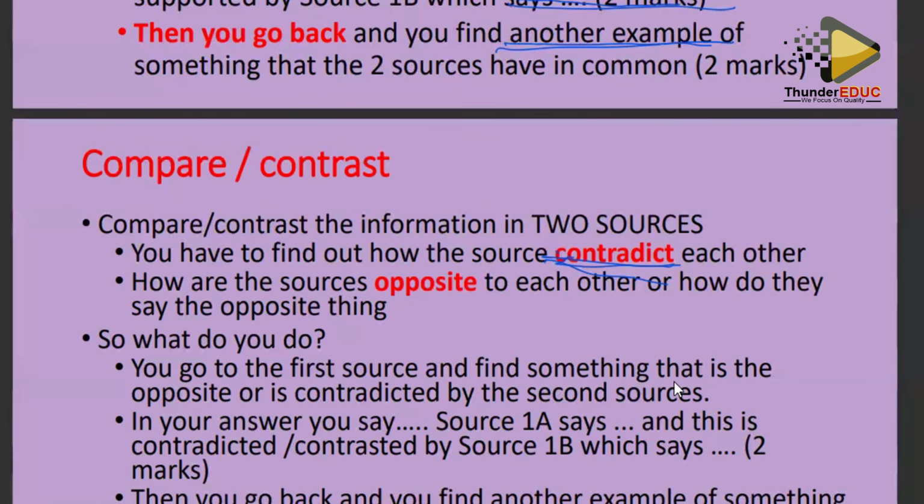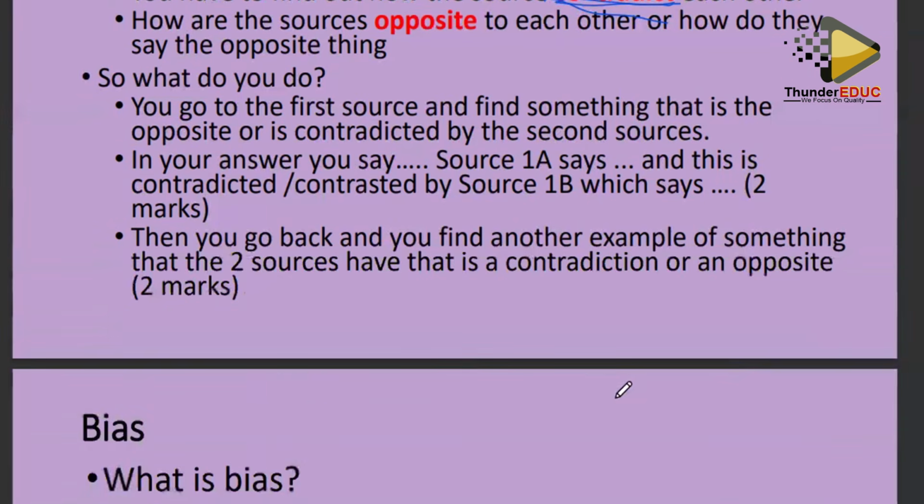So it means those two sources are contradicting each other, or they are saying the opposite of each other. They are not agreeing with each other, but they are talking about the same particular historical event, but they are not portraying it the same. Or they are talking about the same historical figure, but the way they are portraying the figure is different. That is with contrast questions. So you answer it the same way you answer the comparison or the support question. You say in your answer, right,